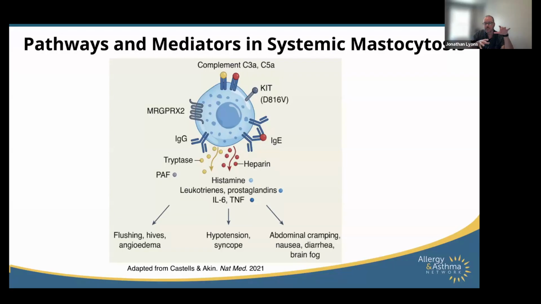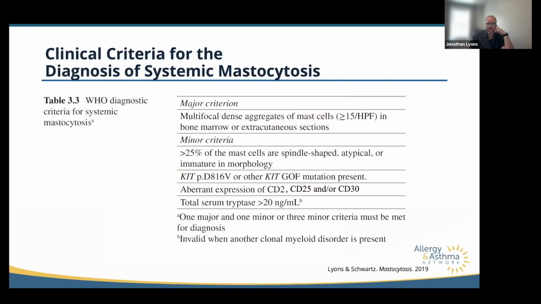Importantly, none of this occurs in isolation. So this is all a threshold type event where each of these different pathways can be tickled or stimulated a little bit, and can lower that threshold for the mast cell to become activated and degranulate. So virtually all of these are being targeted in therapies or considered as targets of therapies right now, either in development or actually available for clinical use. And we'll get to the treatment portion at the end.